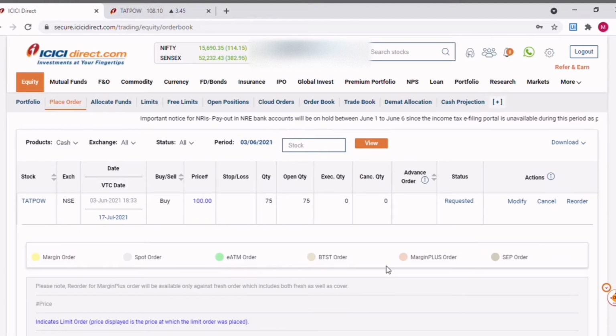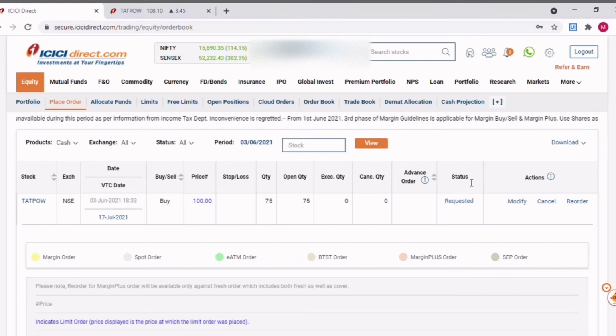When you click on this order book option, you should be able to see the details of the stock here. As you can see, this was the stock which you tried to buy, and this is the date and time on which you executed this order, and this order will be valid in the system till 17th of July. We have placed a buy request, and this is the price at which this order will get triggered, like activated, and this is the quantity which you are going to buy.